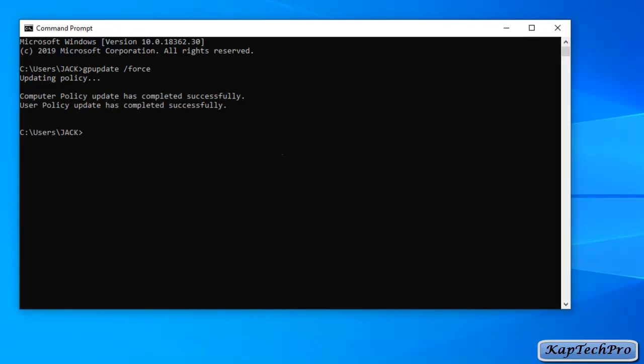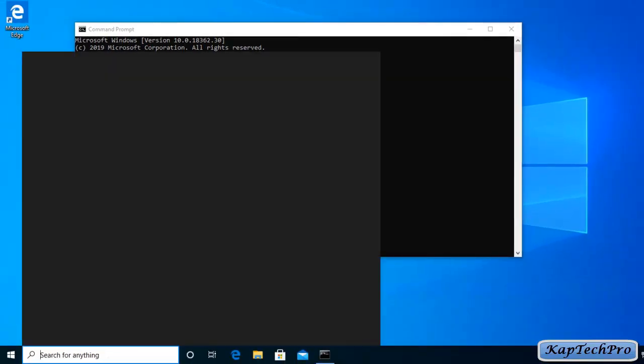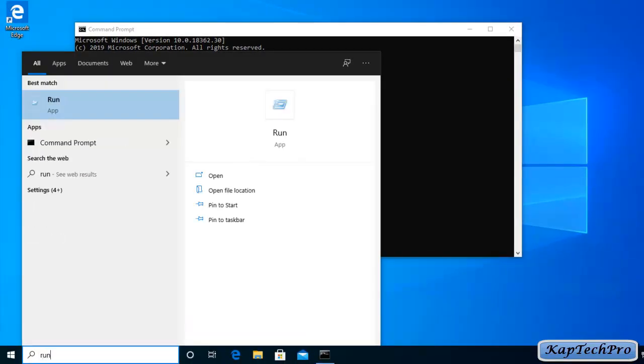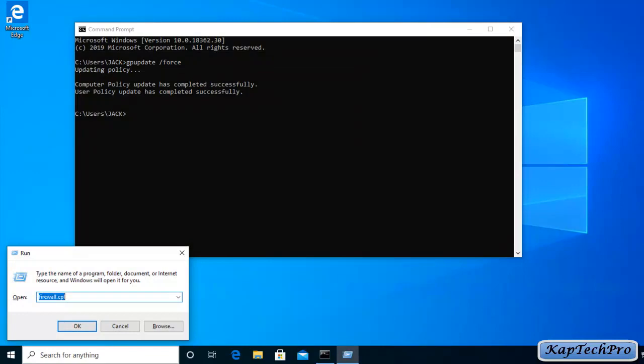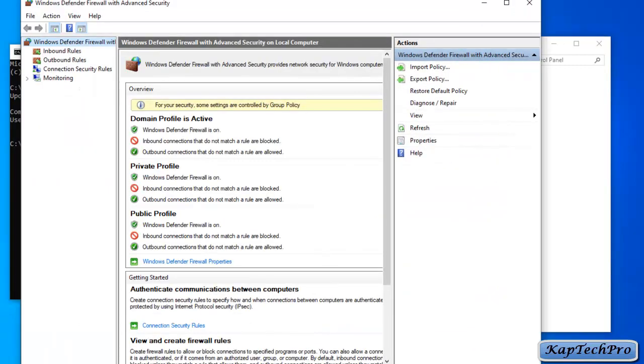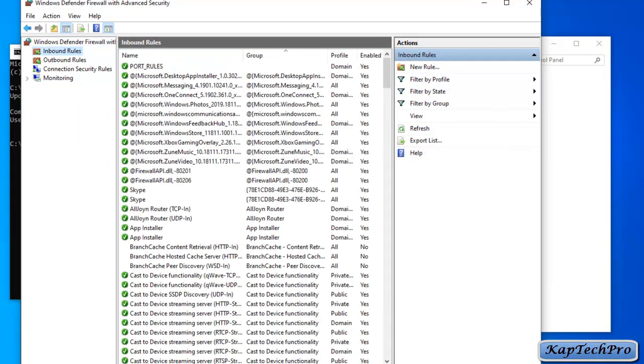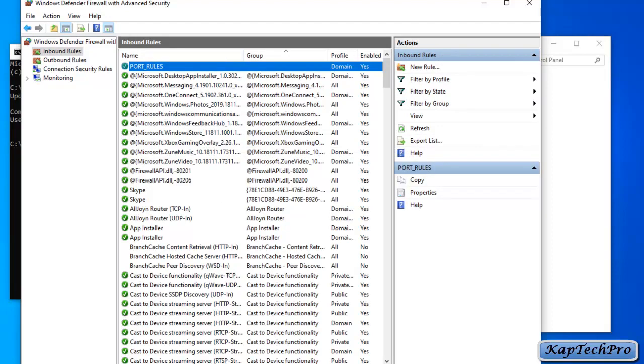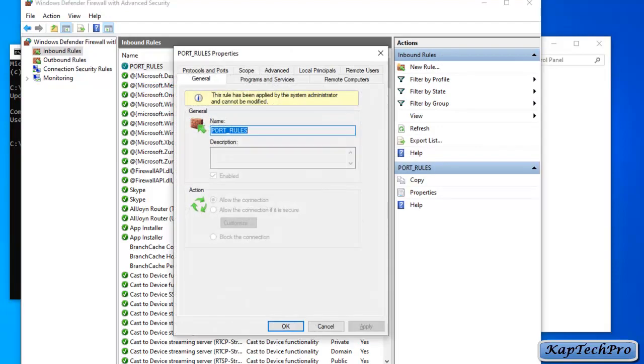Okay friends, now let's open our Windows Firewall and let's check in inbound rules if we have the rule which we have created to open ports or not. So for opening firewall, we will open run and we will enter firewall.cpl. Press enter. As you can see, we have received a message: for security, some settings are managed by your system administrator. Now we'll open advanced setting, and it will open Windows Defender Firewall and Advanced Security. And now we'll click on inbound rules, and as you can see, the rule which we have created is listed on the top. Let me show you the properties.